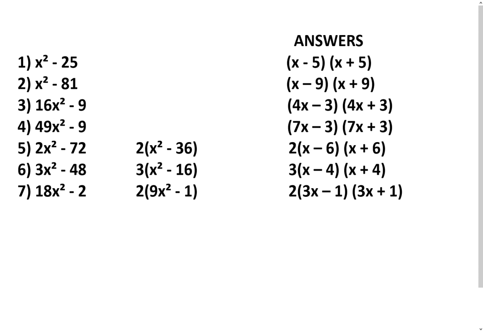Okay, and here are the answers. I will just go through a few. The first two are quite easy. So you can see the square root of 16 is 4, so 4x minus 3, and the other one is 4x plus 3, 7x minus 3, and again, the last three are all hidden. So first you factorize by 2, and then you get your squares inside there, and then you just square root it all. So as I said, when you see something like that, it can look quite daunting in an exam,